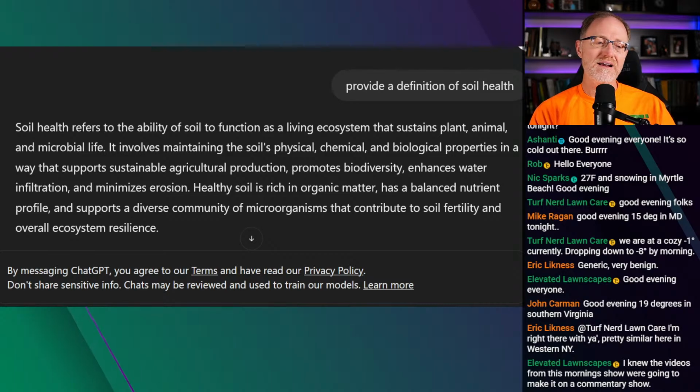Okay, I'm going to give you my definition of soil health. Okay, ready? It's not that complicated. I've said this before. You can probably put 1,000 soil scientists in a room and tell them to come up with a definition of soil health, and they'll probably be in there to the end of time before they can completely 100% agree on what that is. And you'll see that in tonight's paper. You'll see all the soil health indicators, and you'll see what percentage and frequency those indicators are measured in these soil health publications. And you can clearly see there's no consensus. Okay. So having said all that, my definition of soil health, what is it?